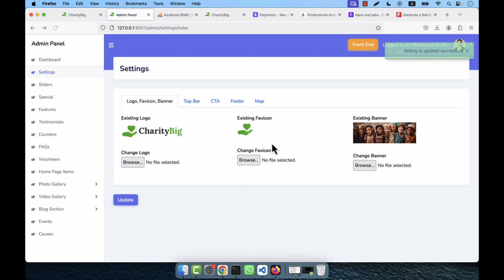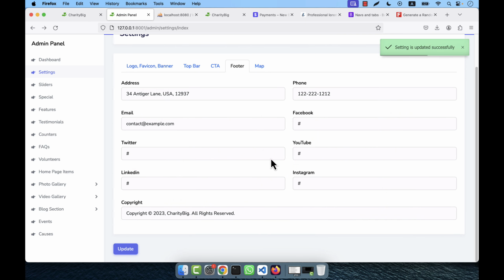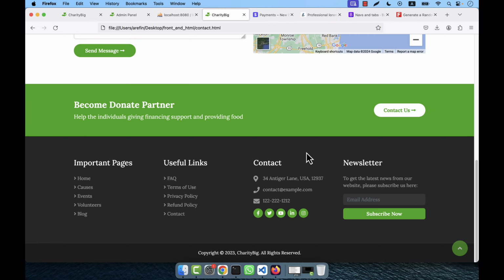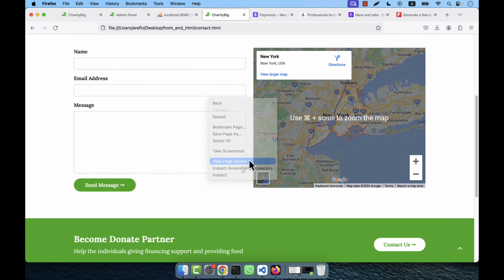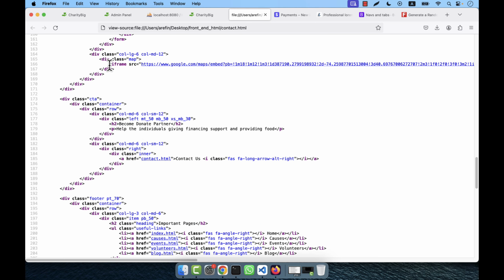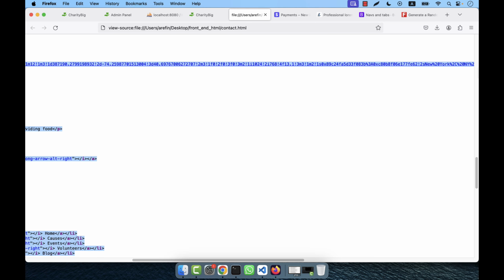So now I am going to click on update. You see all the footer data are updated, and the map. In the contact page, actually there was a map like this. So I am going to see the page source, and from here I am going to copy the iframe code for the map,